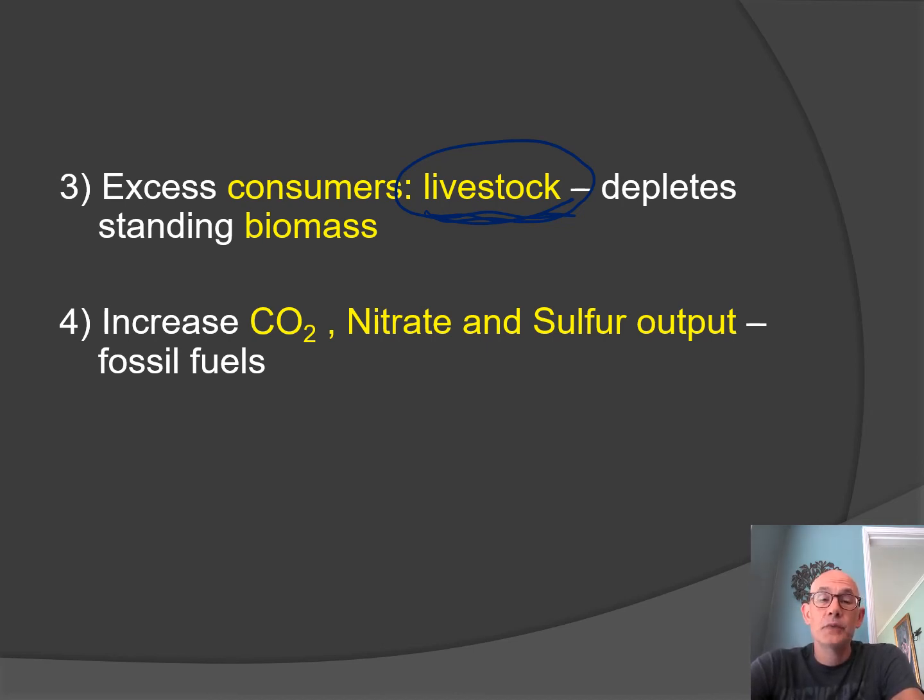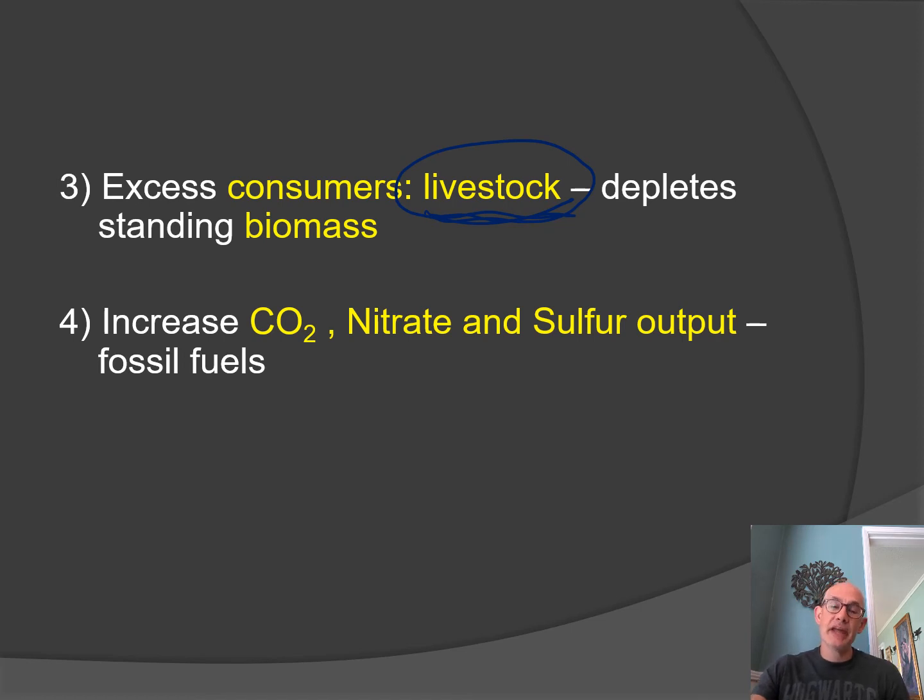And also we have to feed them. So the food that could go to humans goes to cows and pigs and chickens. So we have to grow lots of food to feed our food. And if we just decreased the amount of meat that we ate, we'd have a lot more food for the planet. And of course,